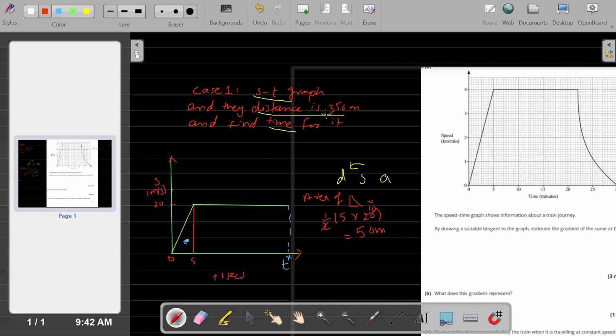But it says find the distance when the distance is 350 meters. It means that I will subtract this distance from this and then the remaining one will be the distance for this